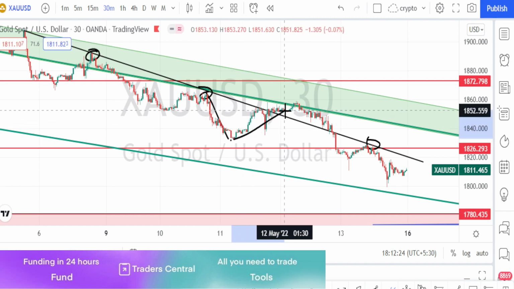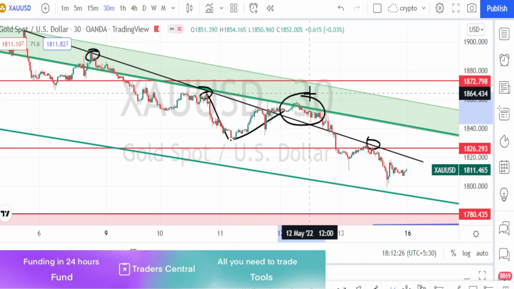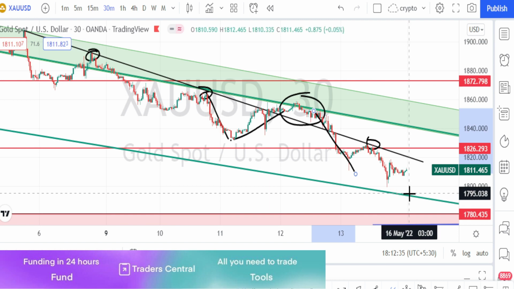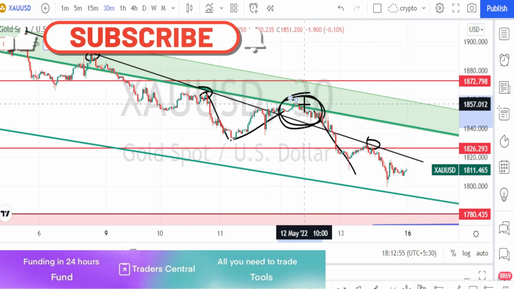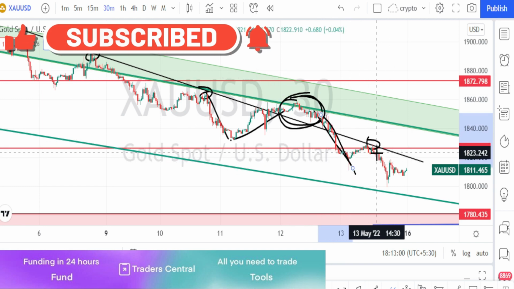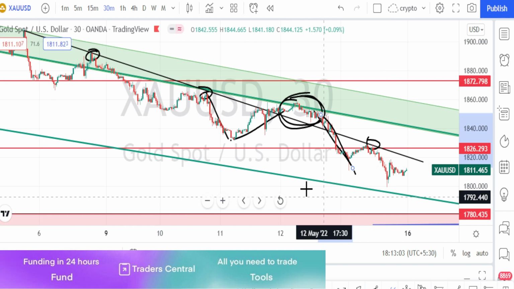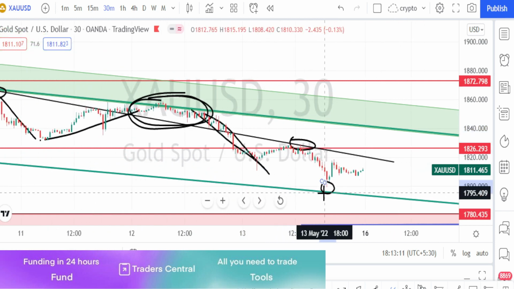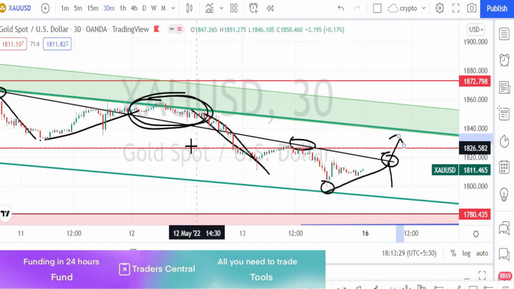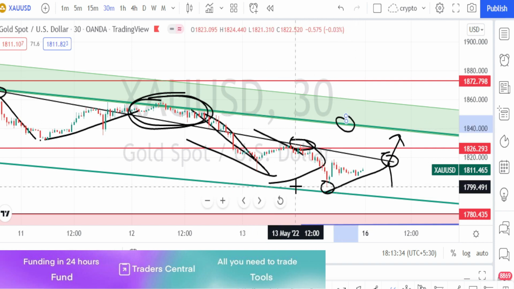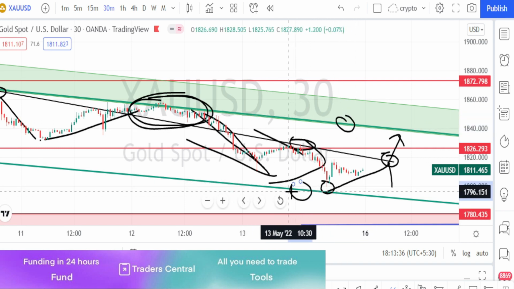Here it has broken this resistance line, but you can notice that it has taken resistance at the hourly time frame resistance level and bounced back on the bearish trend reversal. So from this we can understand that higher time frame resistance levels are more valid than lower time frame resistance levels. Currently, the price action in the 30 minutes time frame has bounced back from this support line from the hourly time frame. But overall, it is still trading within this resistance and support line from the hourly time frame.